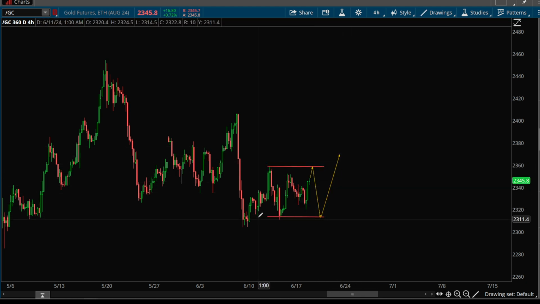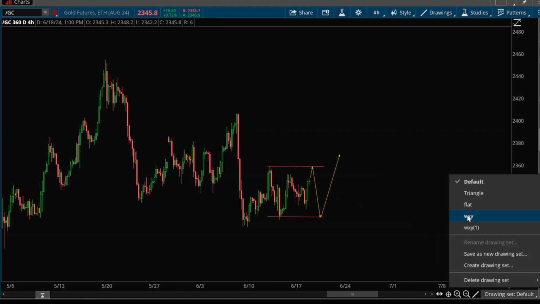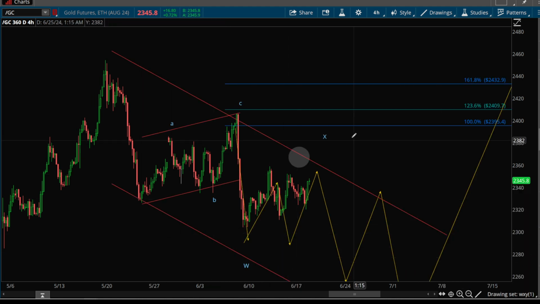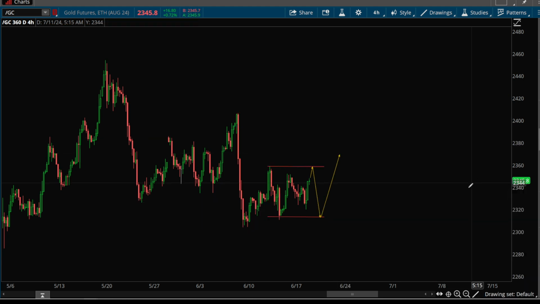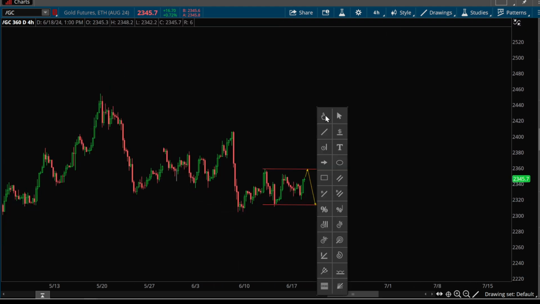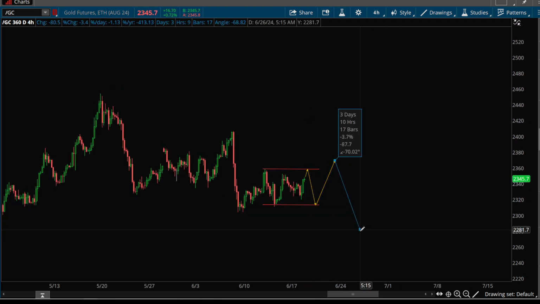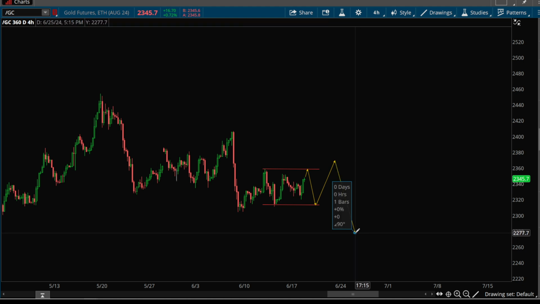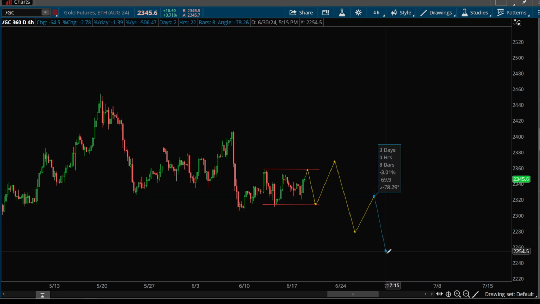And we talked about this WXY structure. And that's all you're doing. You're building out the X wave now, and you can expect your X wave to look like this, right? And then after that, you're getting another move down, right? Is it going to throw you another flat, or is it going to throw you a zigzag? Could throw you a zigzag like this, or it can come all the way up to the top,